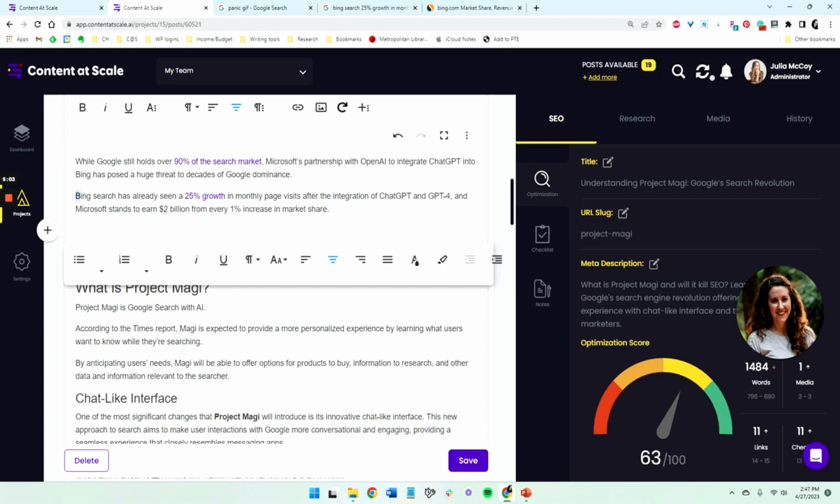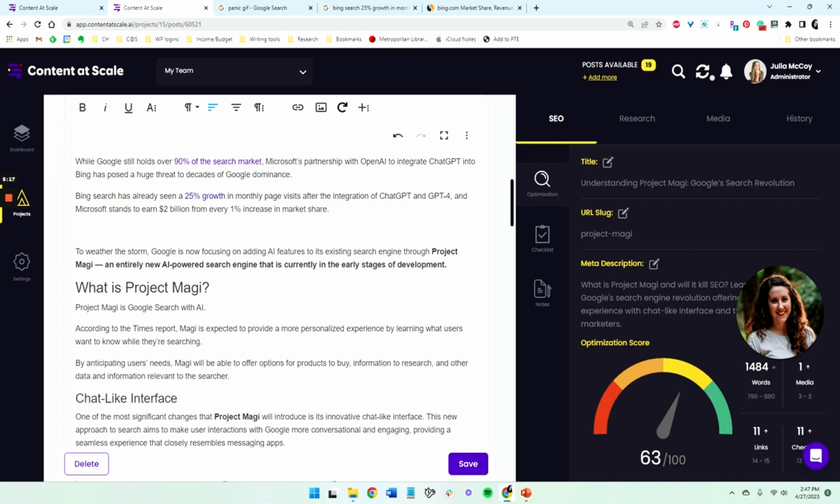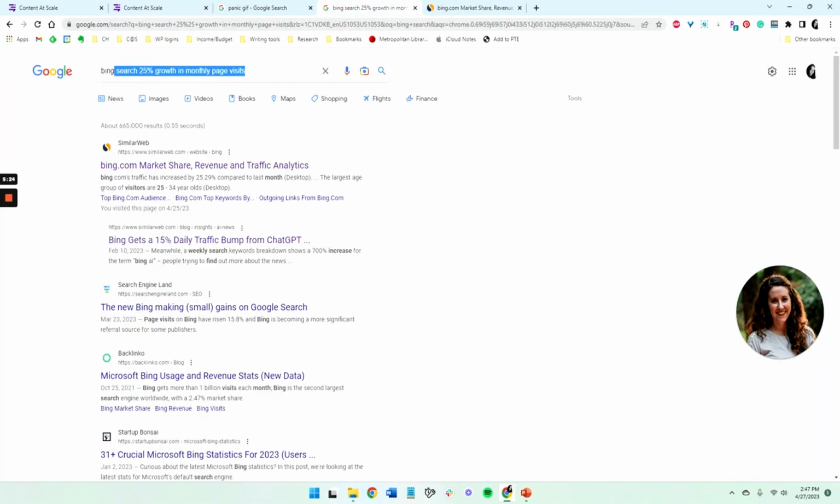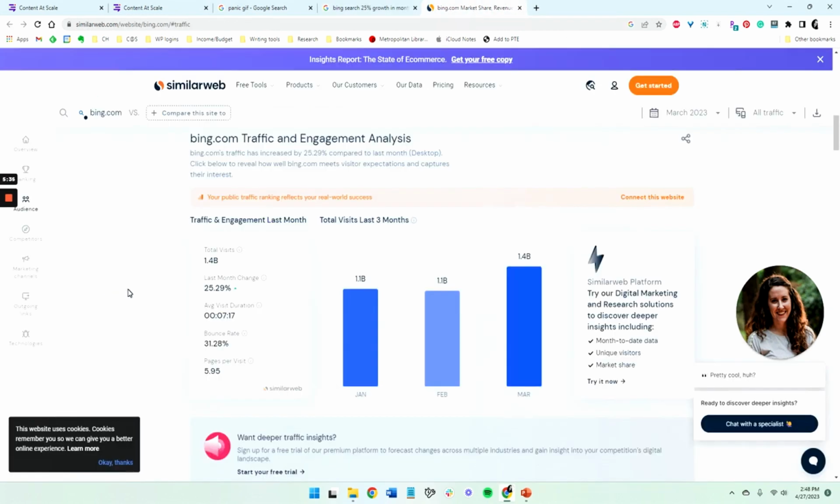Cass added this statistic right here about Bing. Bing search has already seen a 25% growth in monthly page visits after the integration of ChatGPT and GPT-4. So I went ahead and found a source for this statistic. I went to Google and searched for Bing search 25% growth in monthly page visits. I checked out a couple of these results and found that SimilarWeb had the information and the visualization that I was looking for,